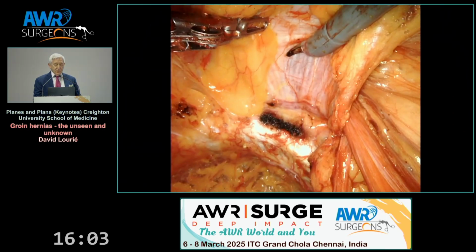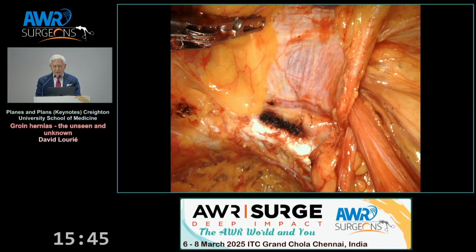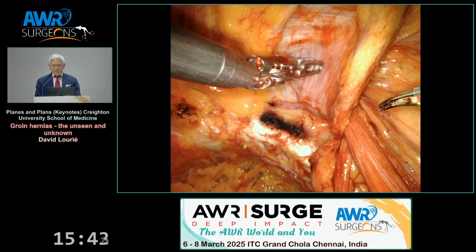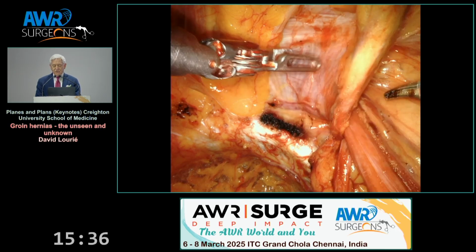So let's take a look at what these diagrams that I just showed you actually look like in real life, on real patients. This is on the right side, you see Cooper's ligament. This first patient has a normal medial posterior wall of the inguinal canal. They do not have a direct hernia. So what you can see, TA horizontal fibers above, becomes these vertical fragmented TA aponeurotic fibers. That is the thin unsupported transversalis fascia